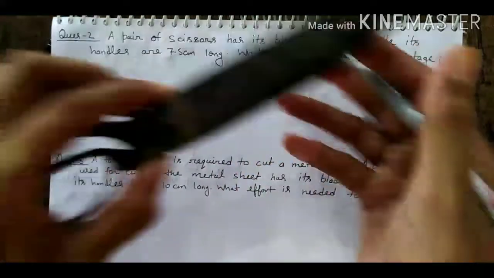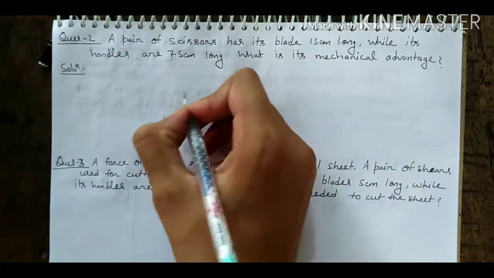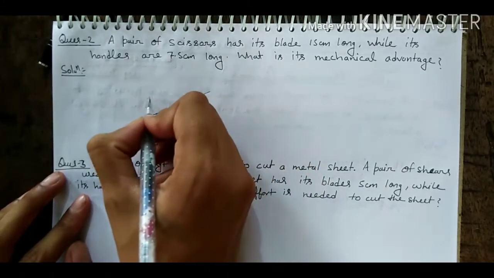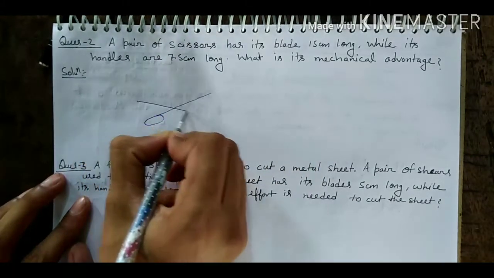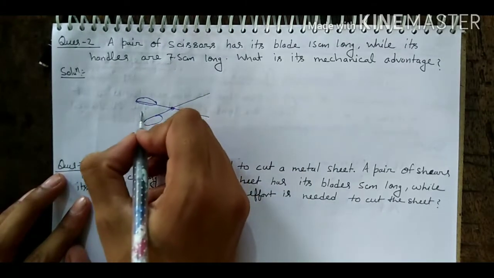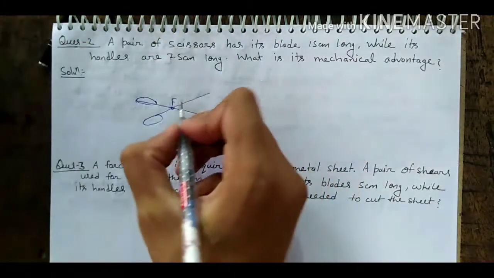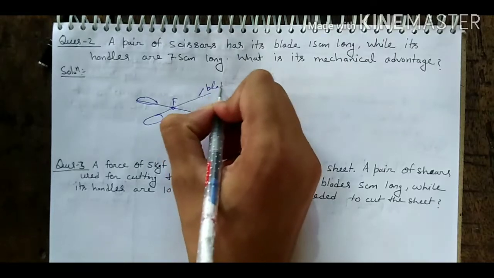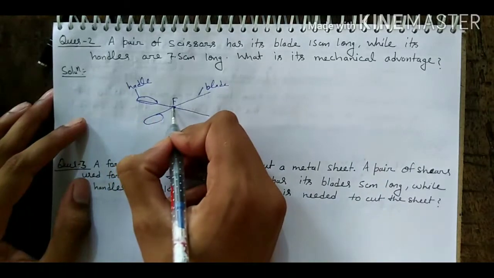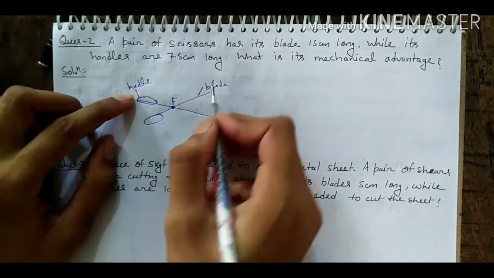Means, students, suppose we have scissors like this, and this is the length of the blade. This is the length of the handle. This is the fulcrum. This center point is known as the fulcrum, and this is the blade. This is the handle. In the case of every scissor, we will consider the midpoint as the fulcrum, and the handle by which we apply effort is known as the handle, and this is the blade.